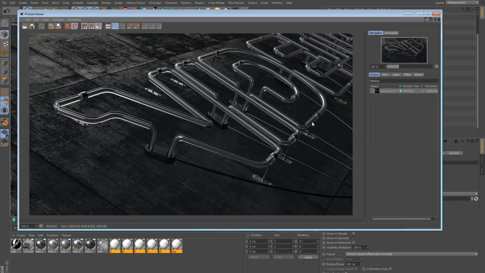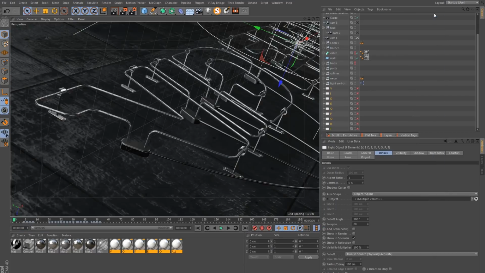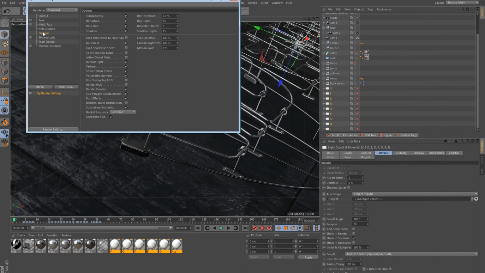That took 2 minutes, and I think I could have this faster using just a few settings. So if I go back to my options, I want to start by bumping up the ray threshold. It doesn't need to be this low. Let's say about 3%. Now, don't go too far with this because it might break your render. So of course you would change the settings and compare the new render with the old one and see if you lose any quality, and then adjust accordingly. I think 3% here is going to work.